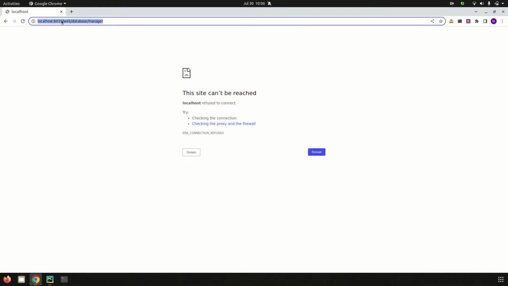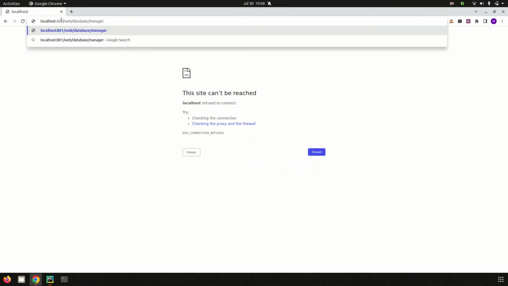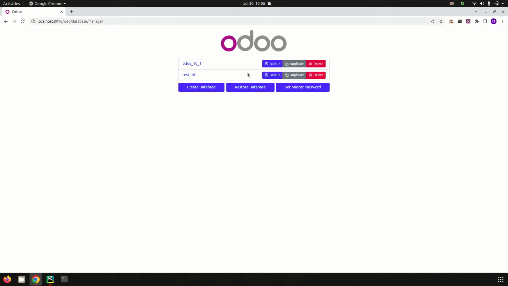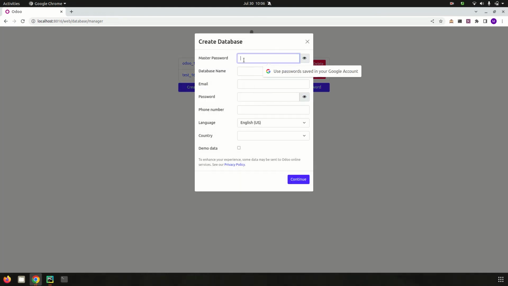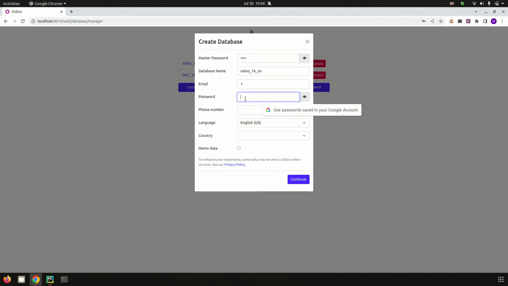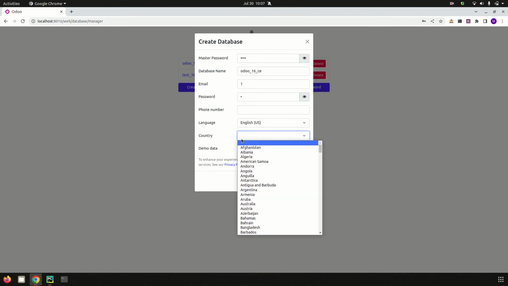Then let's add the XMLRPC port that we have entered in the Odoo conf as 8016, and then it redirects to the Odoo 16 database manager. And then here I have already created two databases, and from here let's create a database, and then I just added the master password that I entered, that is its admin password, and then a DB name as Odoo 16 community edition, and then we can enter an email and password, and then a country,